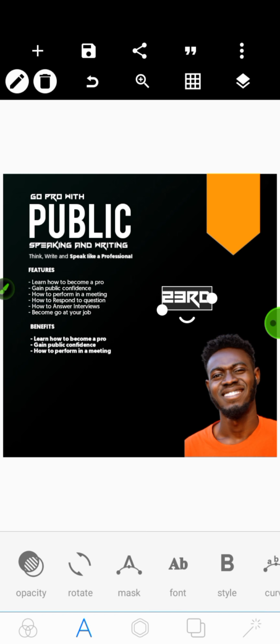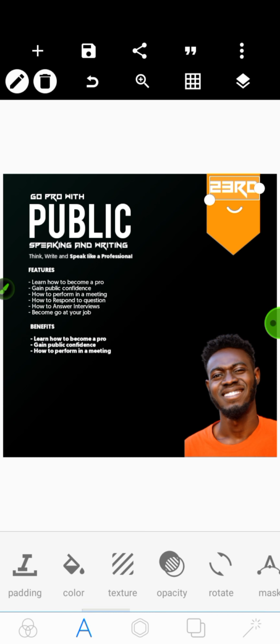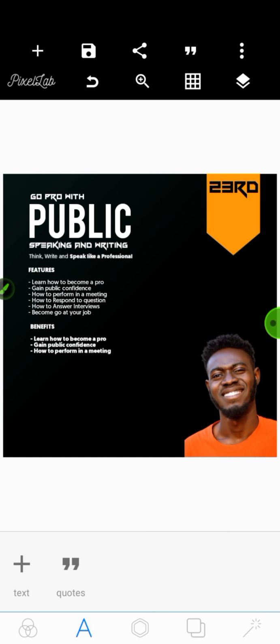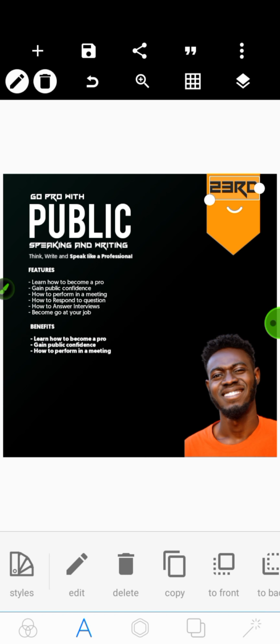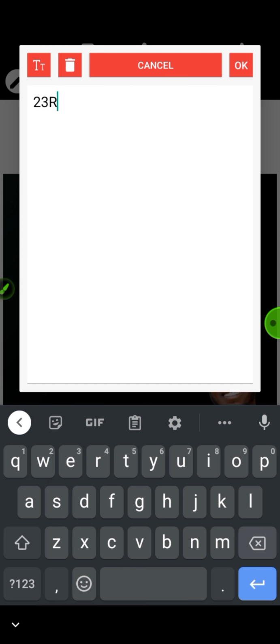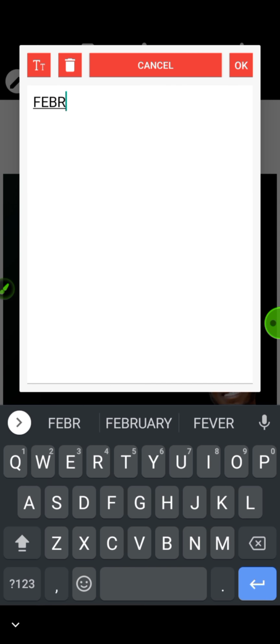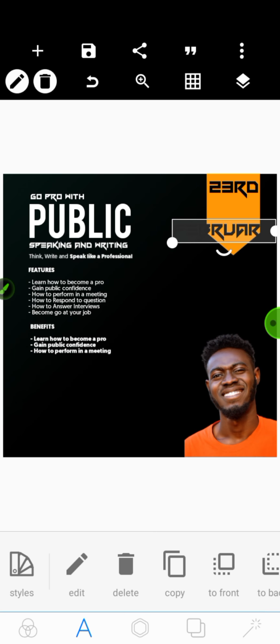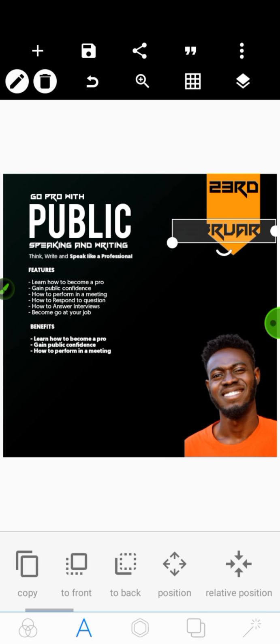So I might just increase it slightly. Then take it up. 23rd. Should I change the color to maybe black? Okay. So now the next thing is February. So I'll duplicate the same one to use for February text. So I say edit. February. Say okay. So I'll reduce the size. And